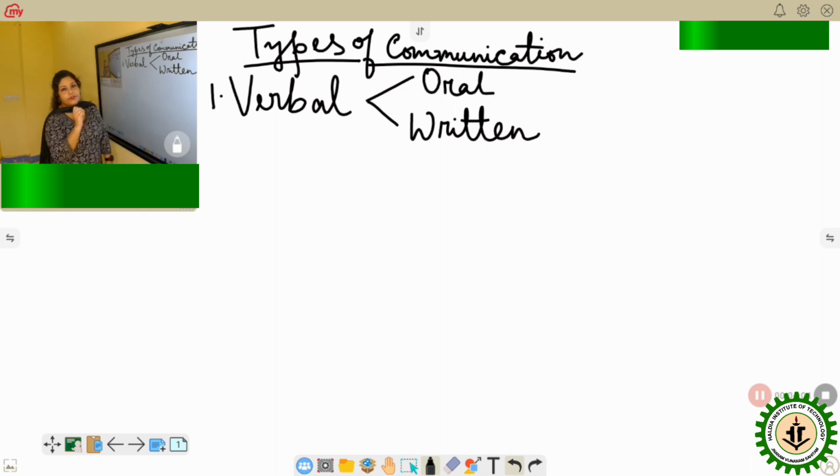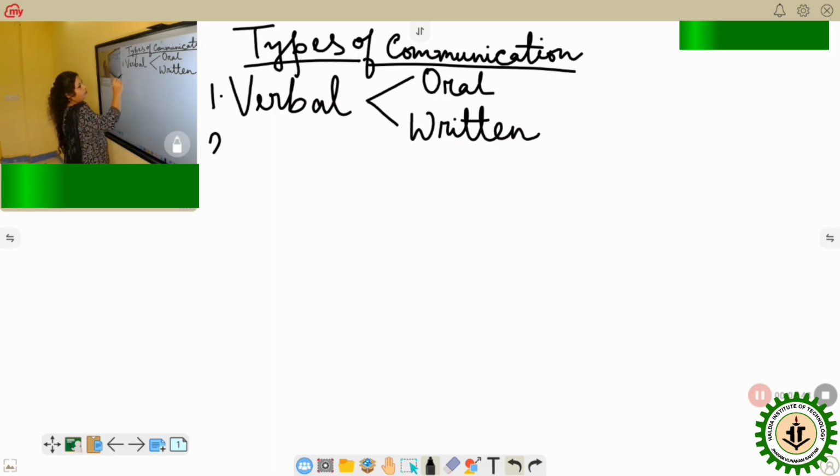The other type of verbal communication is written communication. As we all know, documentation is the core of any professional setup. If there is no proper documentation, then there is no validity or authenticity. Therefore, written communication is any type of document or communication that we do through pen and paper, or even if we are typing something, that is also considered verbal communication, to be precise, the written one.